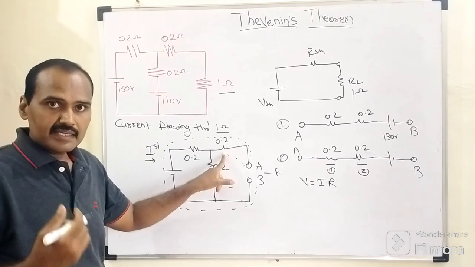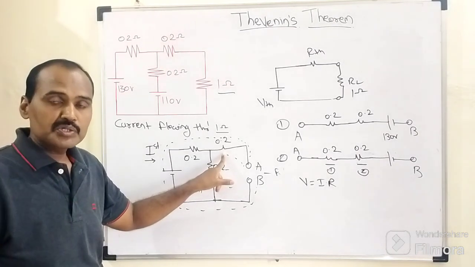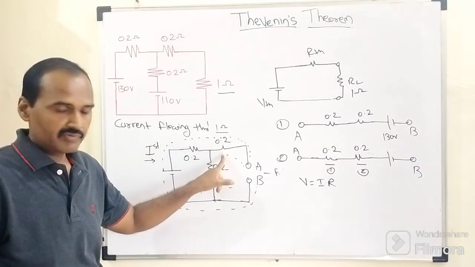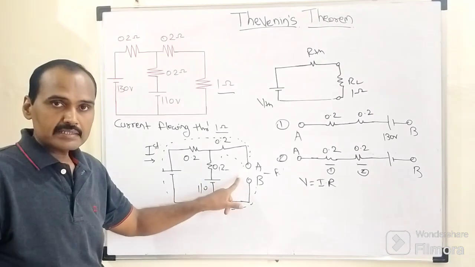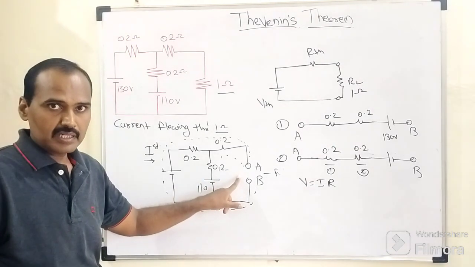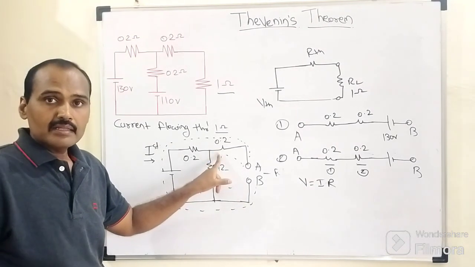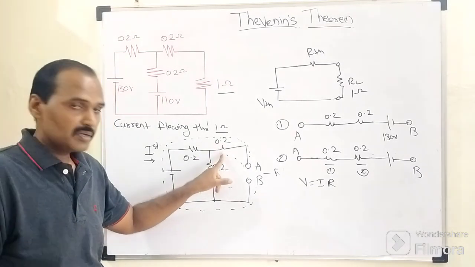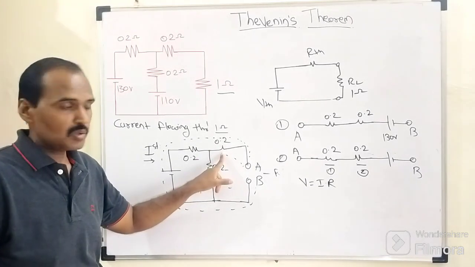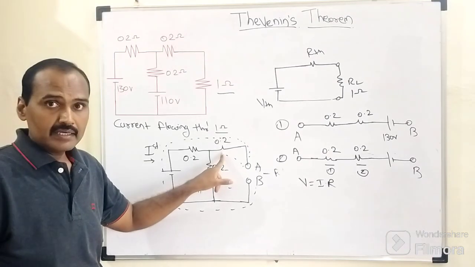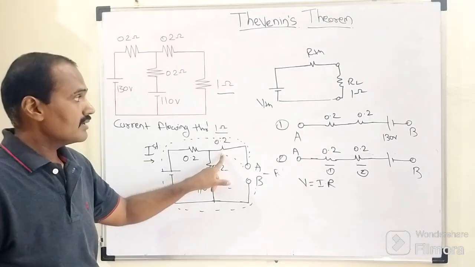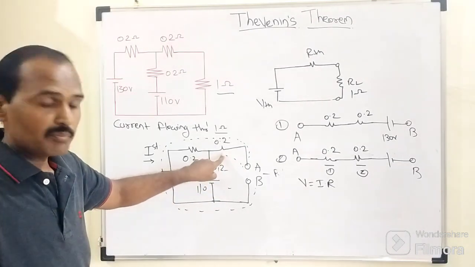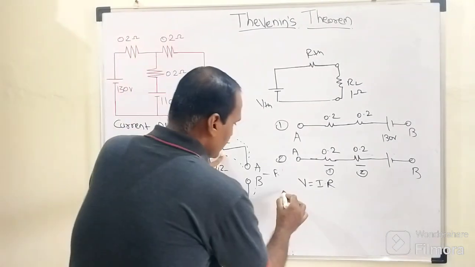Which means that there will be no current flow through this 0.2 ohm resistor. Why? Because these two terminals can be treated as open circuit terminals. So we don't have a closed conducting path for current to flow through this particular 0.2 ohm resistor. So ultimately, as I told you earlier, we need to determine the potential which is lying in between B and